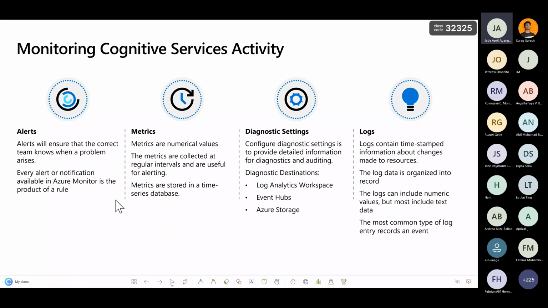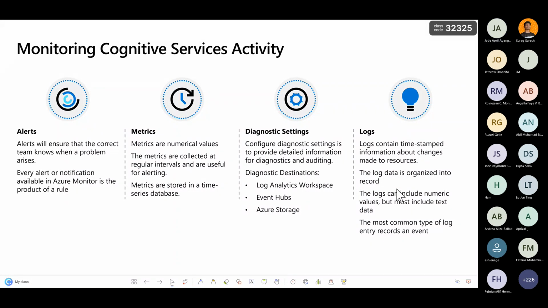Logs contain timestamp information about changes made to your resources. So everything that we do in Azure portal, we will be able to understand and be notified of the issues in real time, because all of them work on the internet and we get notified right away because of the service activities that we have.